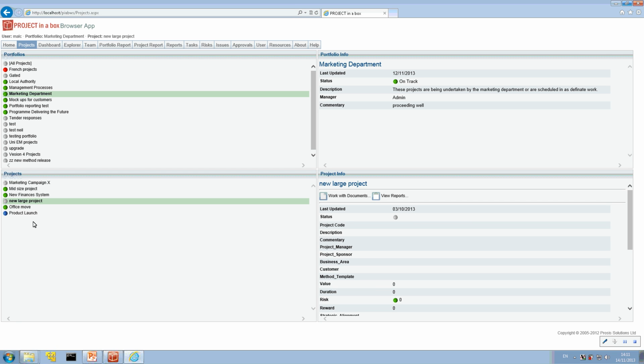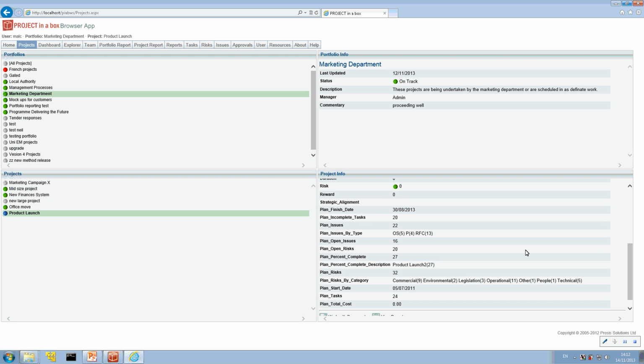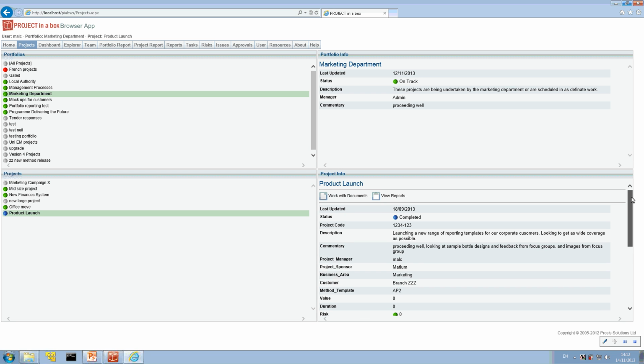So here, if we pick a particular project, we can see status and commentary and properties that have been completed for it, as well as the properties that are populated from the system. So those loaded from spreadsheets, those calculated from the project controls database, like number of risks and issues and things of that type. And from here it encourages us to do one of two things: working with documents or viewing reports. We can of course jump to any of these other areas up here, but if we first go and look at working with documents,